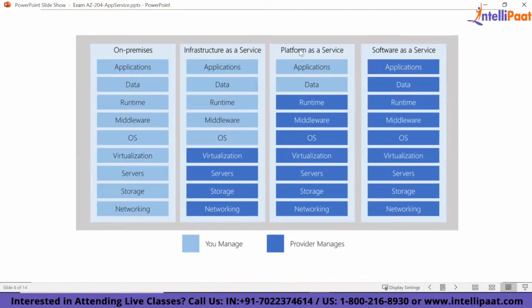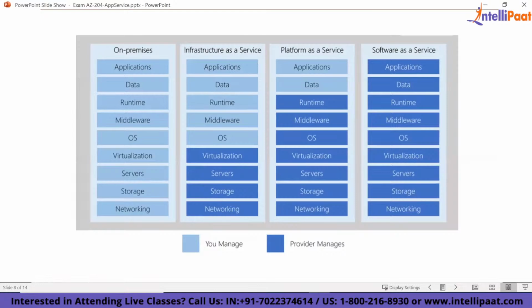With these three service models, what it says is that in the infrastructure as a service model, you as an application owner have to manage only these modules. And the public cloud provider, be it AWS, Azure, Google, or IBM, whoever it is, manages all other things, starting from virtualization, servers, storage, and networking. So what is an example of infrastructure as a service? You can relate it to a virtual machine.